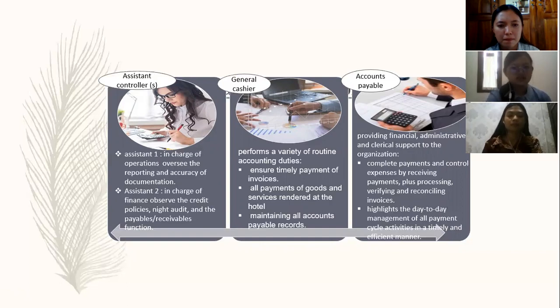The first assistant controller has duties to oversee and report on the accuracy of documentation. This kind of controller is in charge of the operation system of the hotel. And the second assistant is the one in charge of finance. This assistant will observe the credit policies, the night audit, and also